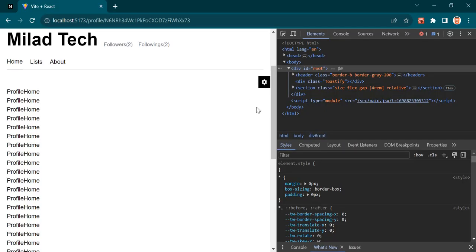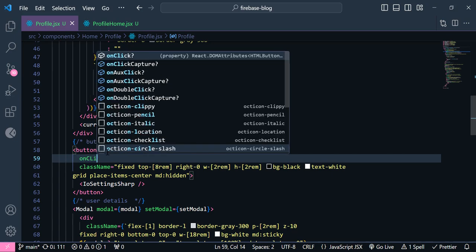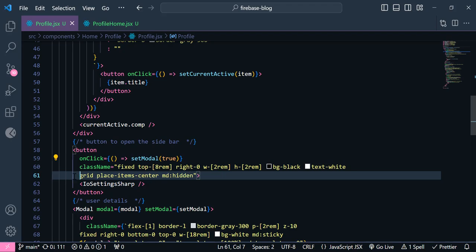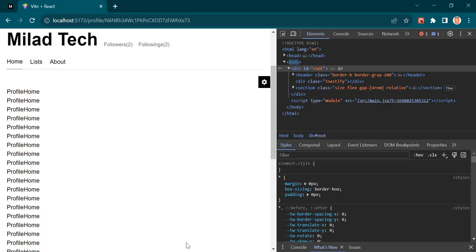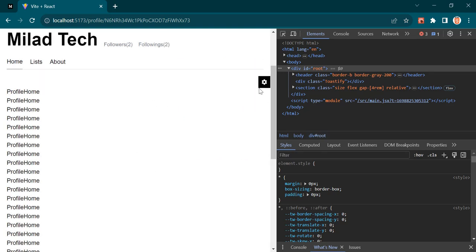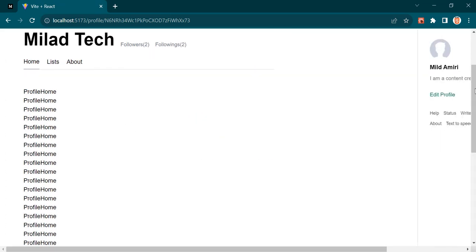Now you can see here is our icon. I just simply add an on click here. The on click is going to be set model to be true. Okay, now let's check it. So if I click this button here, as you can see here is our sidebar. I can close this sidebar using this button or using this white background color. Alright,